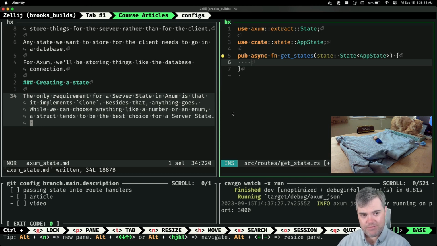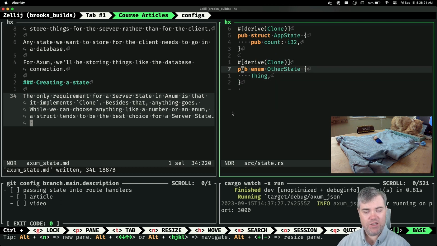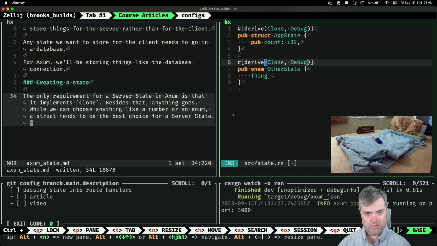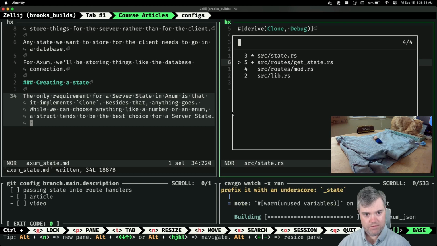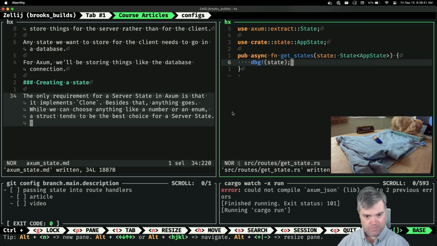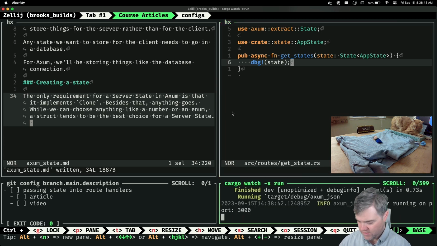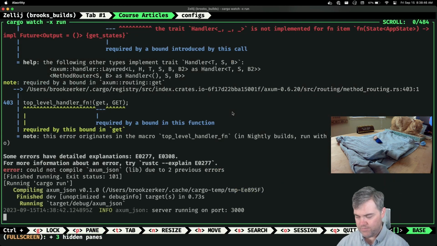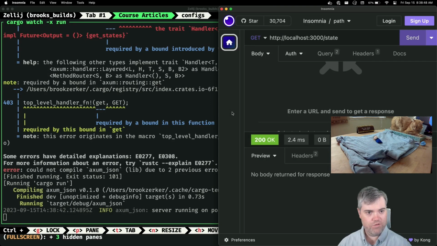All right, so if I debug, okay, so as part of state, let's also derive Debug. And we're just going to straight up debug state. Okay, and we will full screen you. All right. You go over to that side now.